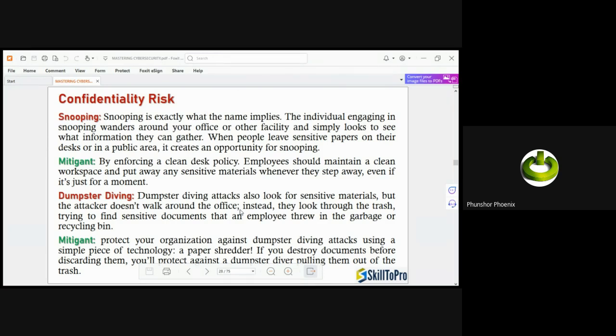So a lot of users store documents on the desktop because they don't want to go through the process of navigating default repositories. So the attacker, with just a minute or two of access to your laptop whose screen has not been locked, scans the desktop in one or two seconds, in fact, max three seconds. If he can't find anything related to what he's looking for, he looks at your recycle bin and observes that it's full. The next thing, he goes there and scouts. You will never know that anything has been taken from the recycle bin